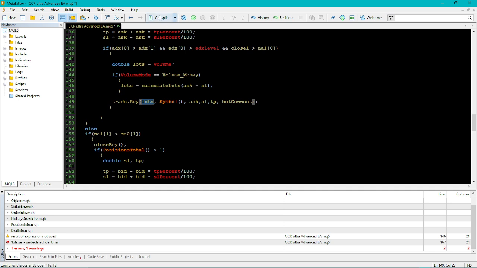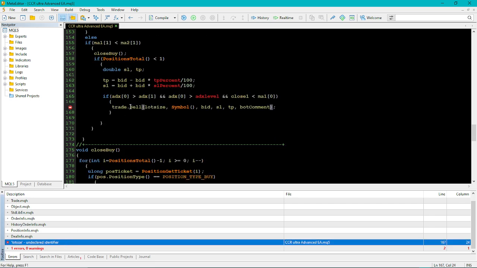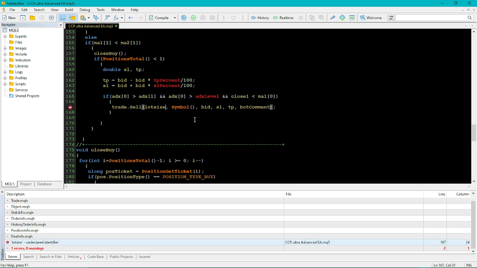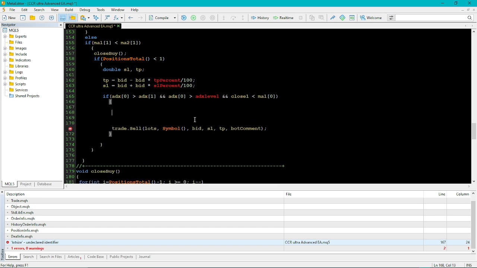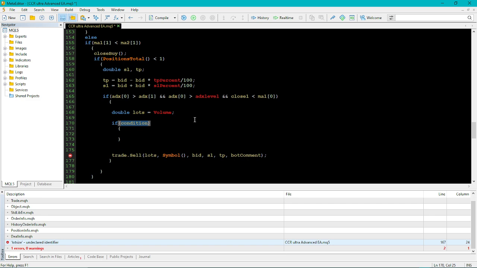But we'll test that obviously just after here. Let's do it for sell. As you can see, I'm just double clicking here so I can get to the sell side quicker. I'll first remove this, and then I'll say double lots equals to volume, and then if volume mode equals to volume money,